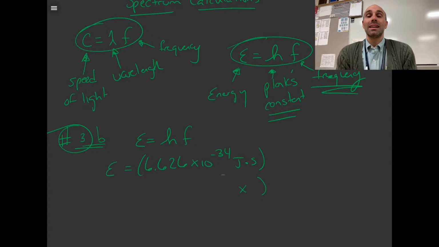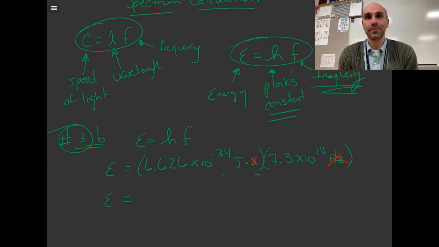All right, getting that out of the way, we can continue to write down what our frequency is. Our frequency happens to be 7.3 times 10 to the 14th hertz, or per seconds. All we have to do is multiply this out. The hertz and the seconds cancel out, and that leaves us with just joules. Now, joules, those are the units for energy. Calculating this out, we get